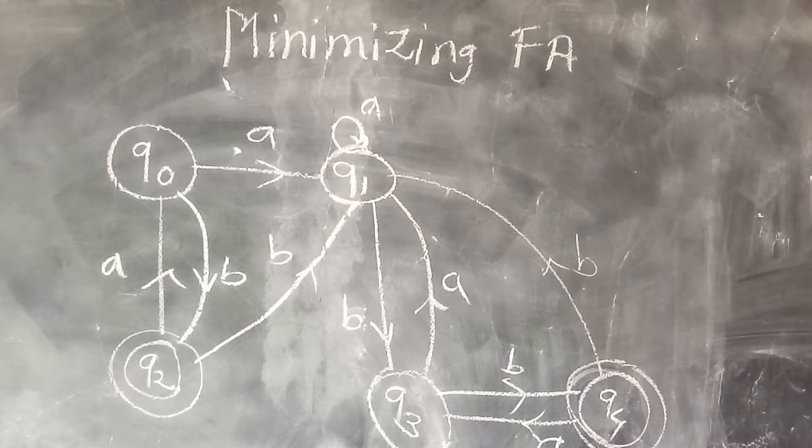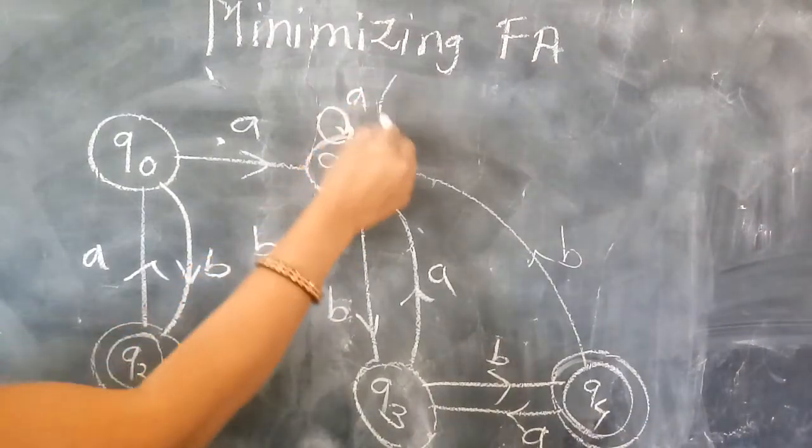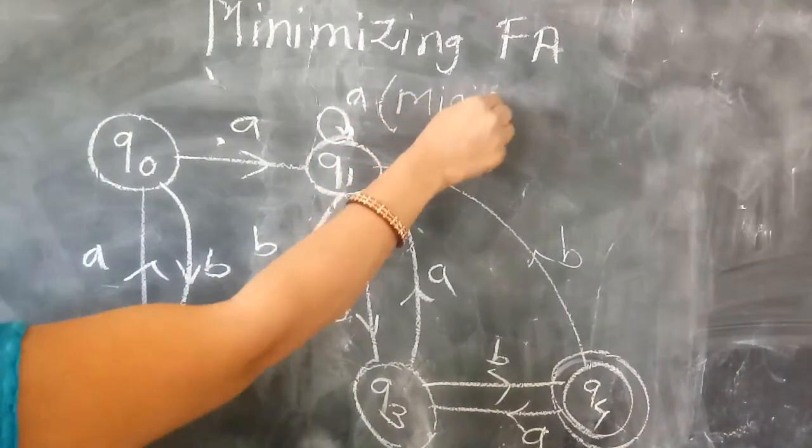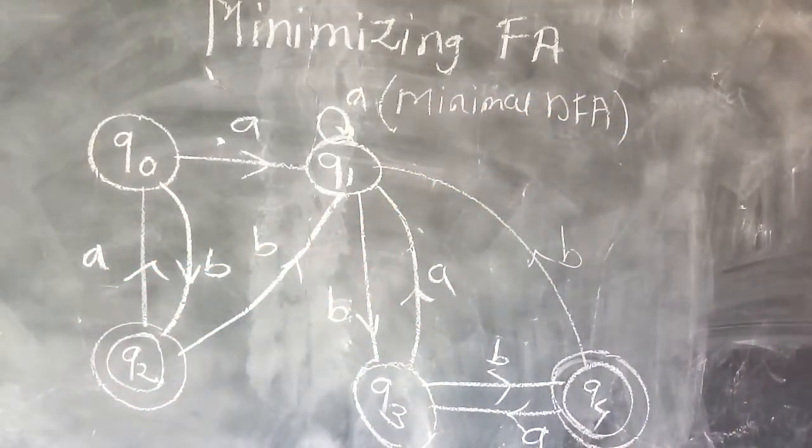There are many disadvantages with a large DFA, which contains so many states. There exist many ways to construct a DFA which represents the same language. Out of them, the DFA which has the minimum number of states is selected for representing the regular expression. The DFA which has the minimum number of states is nothing but the minimal DFA. Okay, so what is it? It is a minimal DFA.